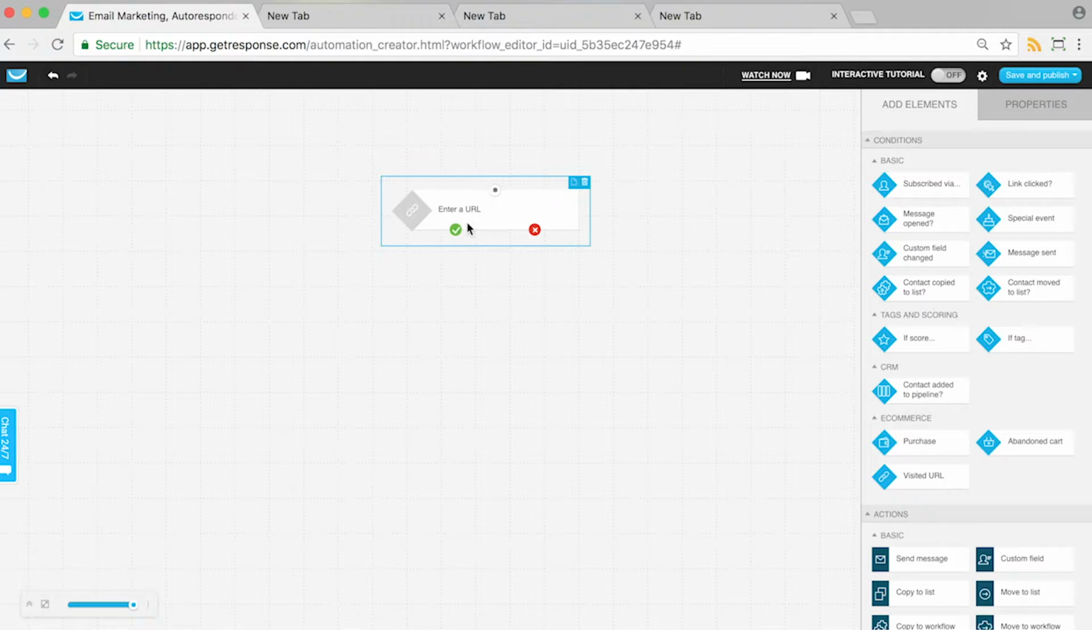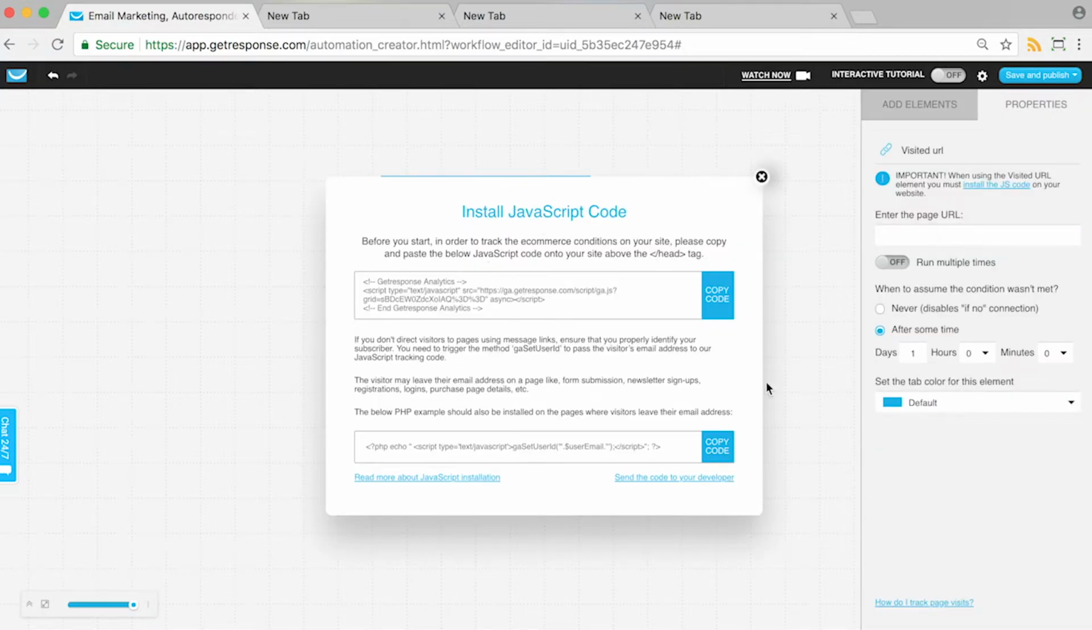And so the main thing whenever you're configuring the properties of the visited URL element is that whenever you visit the properties tab, you'll see this pop-up come up, which lets you know that you do need to install JavaScript on your website above the head tag, so that we can actually be able to track if such visits are going on the page that you mentioned here in the properties, the URL. So you need to make sure that you do have this JavaScript